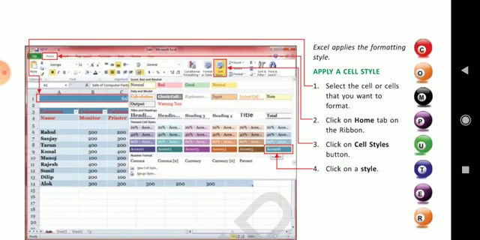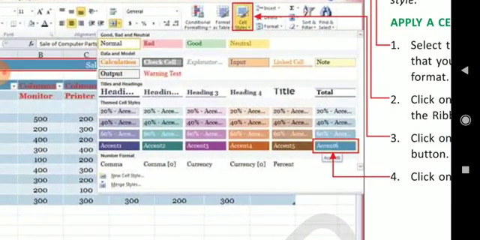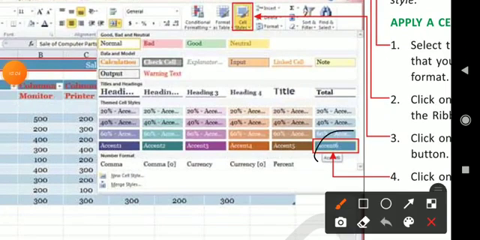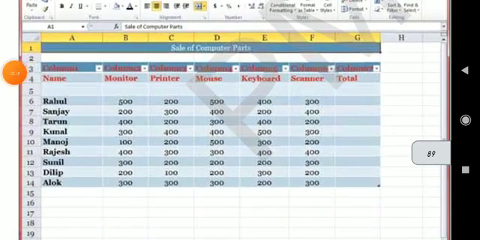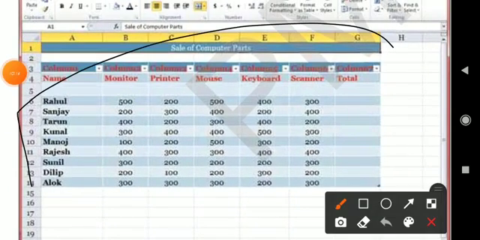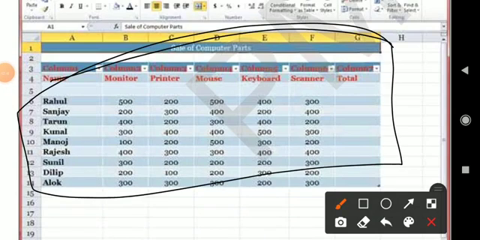Here it has been selected, this one. You will see the effect of this in the next slide. See, here the changes have been made, the color also, and the Format as Table style. Clear?